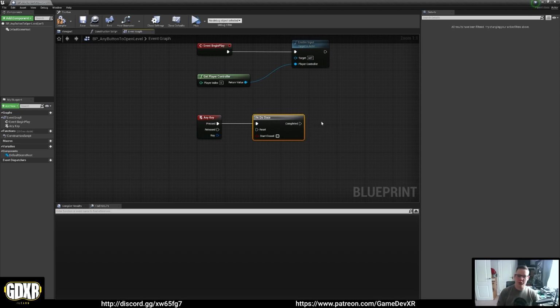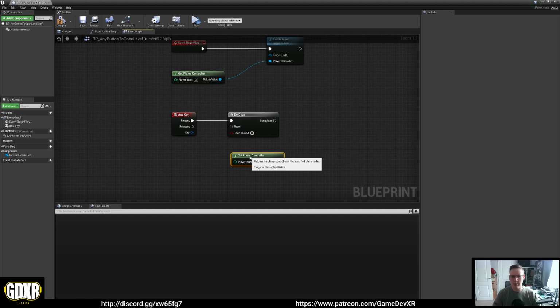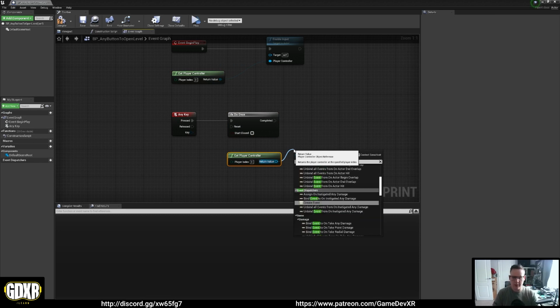This is pretty much just a check to stop anyone from spamming the button, which would cause the screen fade to just flicker and restart. And what we want to do is get the player controller again. So our player controller contains our blueprint interface. So if we drag off this, we can actually search for vent